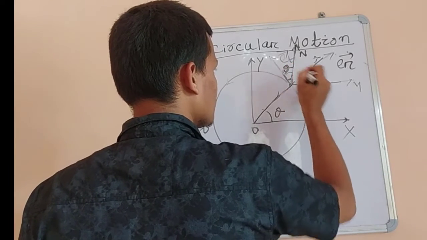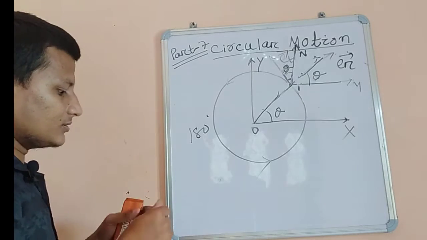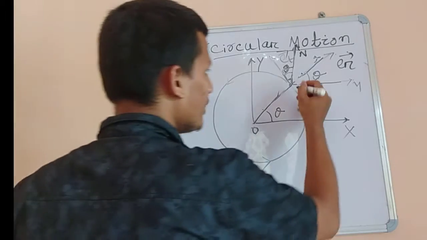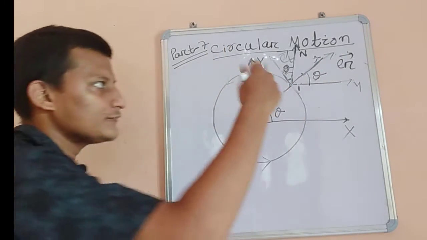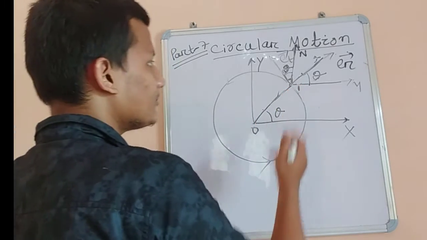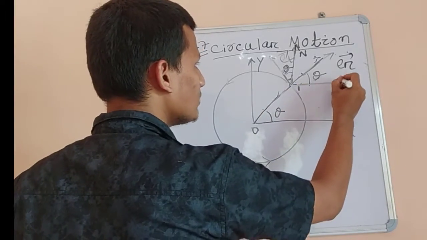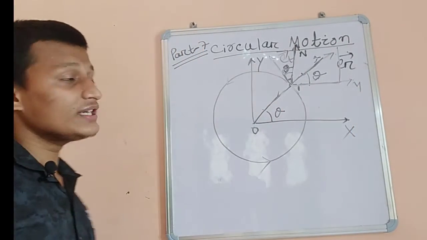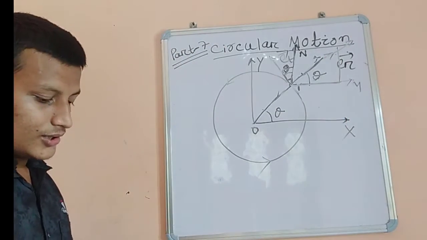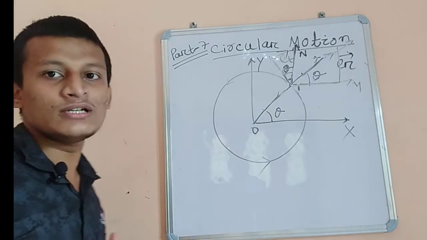This is our theta. And this is also our theta. Okay. Then the ER vector. When we have to reach along the direction of the ER vector, or we have to move along the direction of the ER vector, we have to first move in the x-axis direction, then in the y-axis direction. Then we can reach any point on the line of the ER vector. So what should be our preferable line chosen?